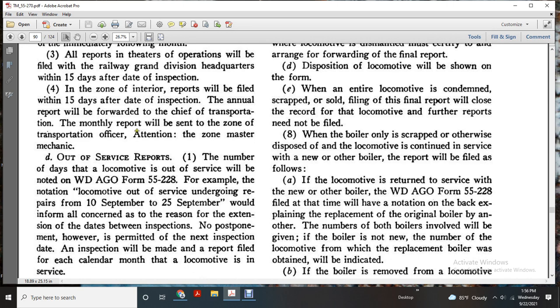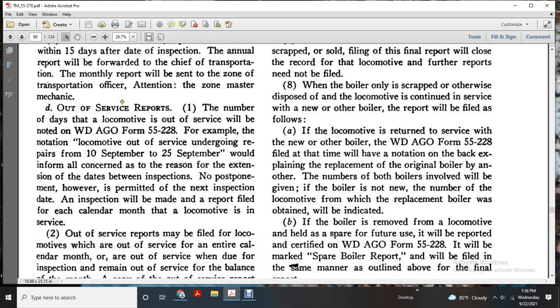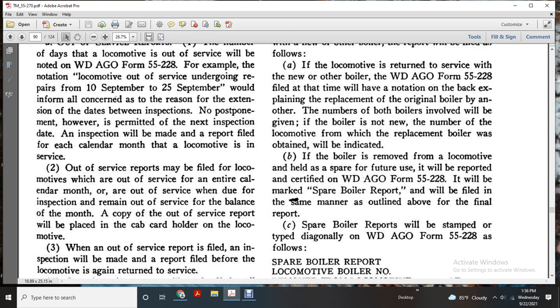time of the notation back explaining placement of original boiler other numbers for the both boilers involved with the given the boiler is not new with the boiler number of the locomotive from which the replacement boiler was obtained indicated. If the boiler is removed from the locomotive held in spare with the future use, it will report and certified to WDAG Form 55-228 will be marked as spare boiler report will be filed with the same manner outlined with